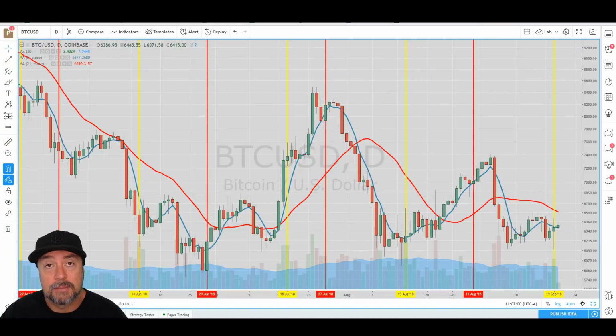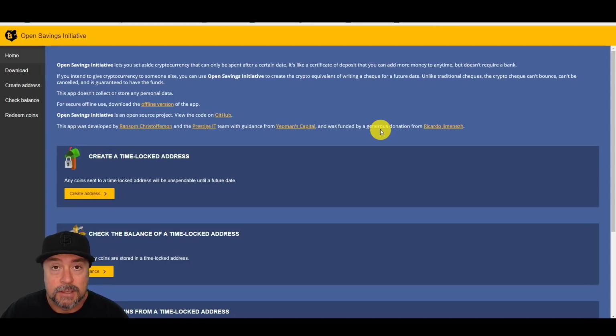All right, the next thing I want to talk about is this way of creating a decentralized Bitcoin trust fund. Why you would want to do that is because you may want to put away some Bitcoin for your kids, or a college fund, or maybe you just have it in your will. They made what I think is an easy platform that you can do that with now. It uses some existing code called TimeLock, and it's built into Bitcoin, and because Bitcoin Cash is a fork of Bitcoin, it has it as well. So it works for both.